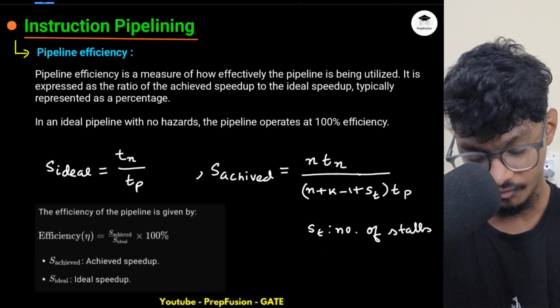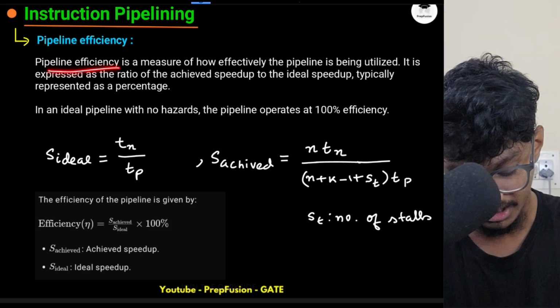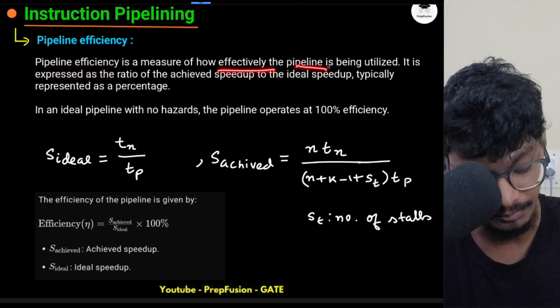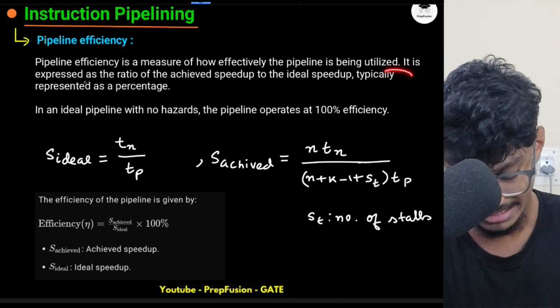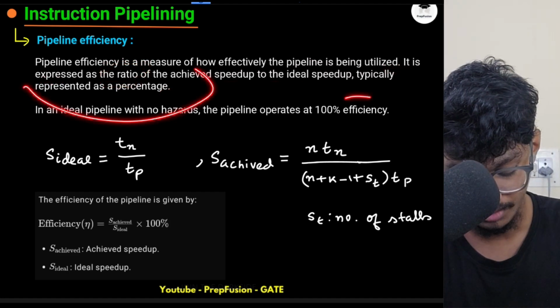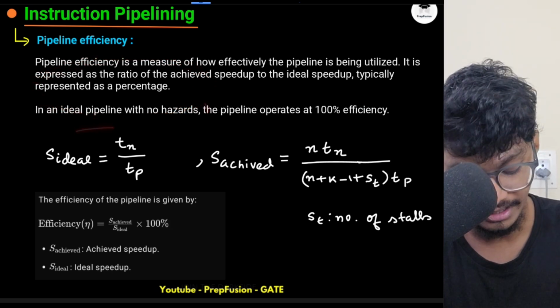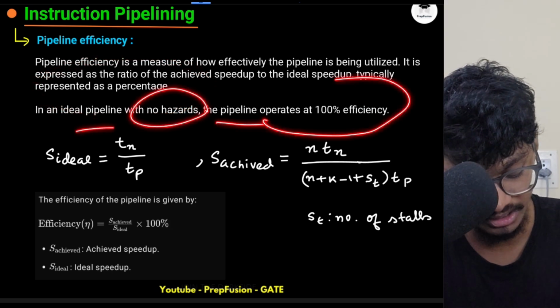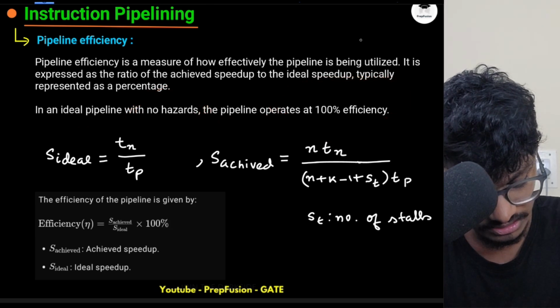Now let's come to a few new terminologies like pipeline efficiency. What is pipeline efficiency? Pipeline efficiency is a measure of how effectively the pipeline is being utilized, how effectively I am able to utilize the pipeline. It is expressed as a ratio of achieved speedup to the ideal speedup, typically represented as a percentage. In an ideal pipeline with no hazard, the pipeline operates at 100% efficiency, because my stalls